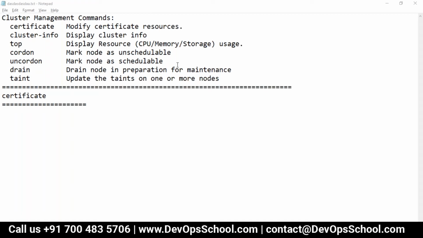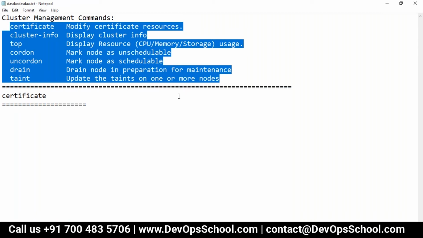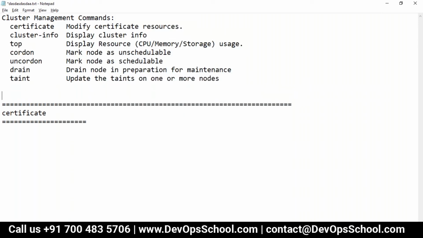So today we will focus on the cluster management commands. These are the commands which we have. Apart from that, I'm also thinking to cover backup and restore. Also I'm trying to see if I can cover other topics also. Okay, so